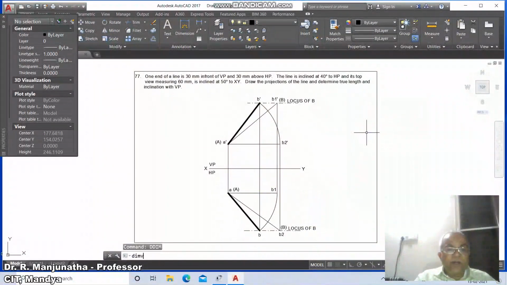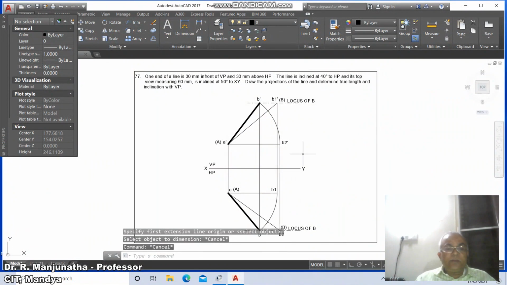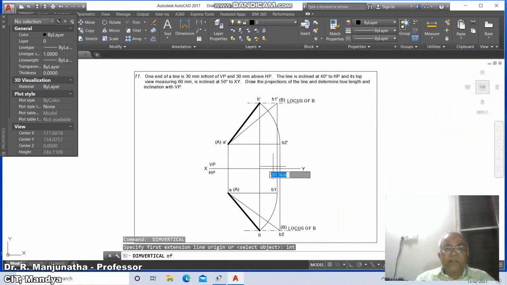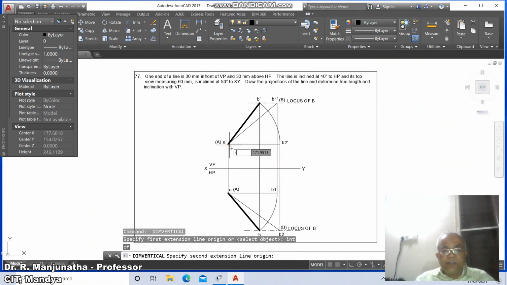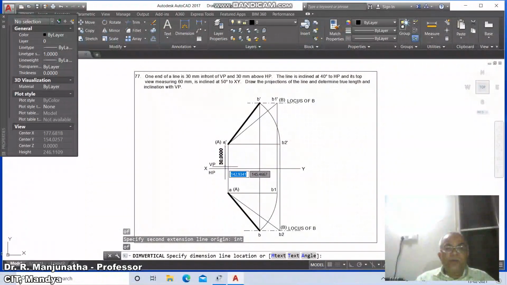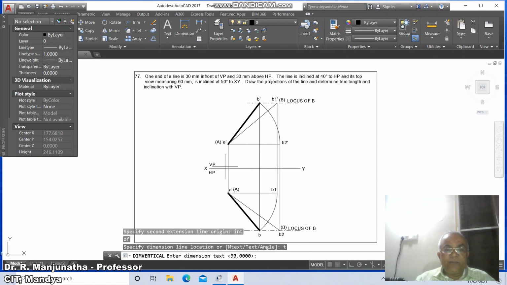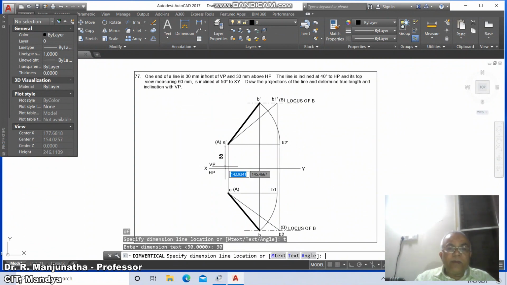Then go to dim vertical. So dim vertical, take the intersection point of this to the intersection point of this. So you're going to get text. So type 30, enter.